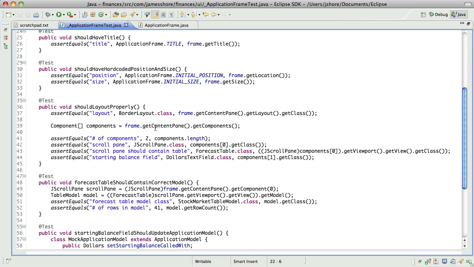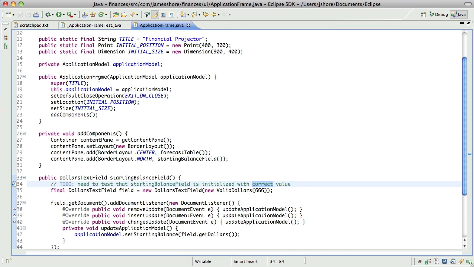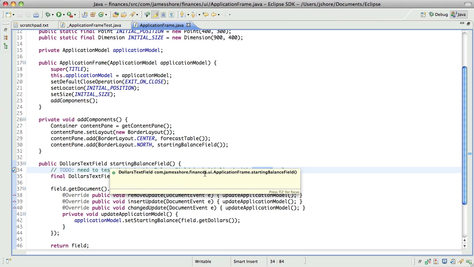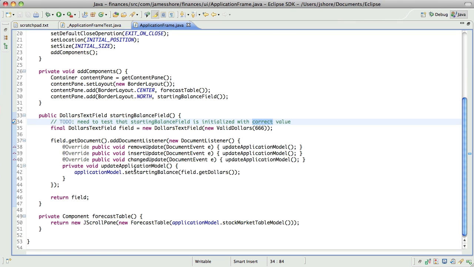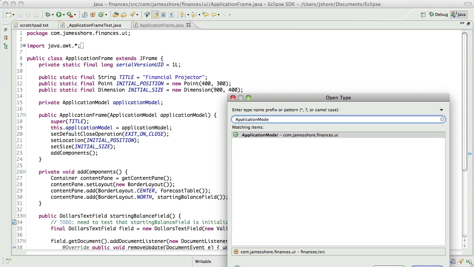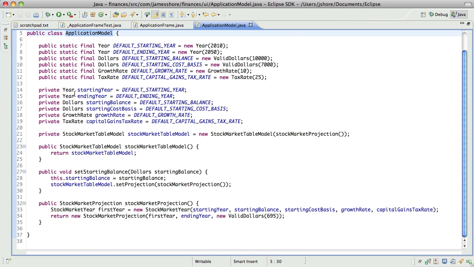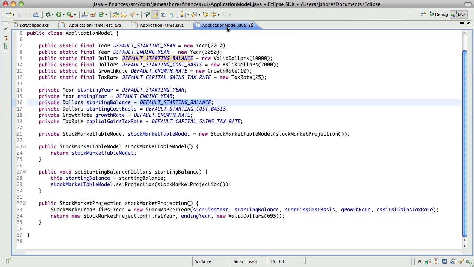So let's see if we can figure out what's going on here. So application frame sets up the frame, it adds the components. There's the starting balance field, of course. And we're setting the starting, so it's all an application model. It's starting to come back to me. So application model, if I remember correctly, is where everything is held. Yeah, there's starting balance, default starting balance. So what we need to do is we need the application frame to use the starting balance that's in the application model,